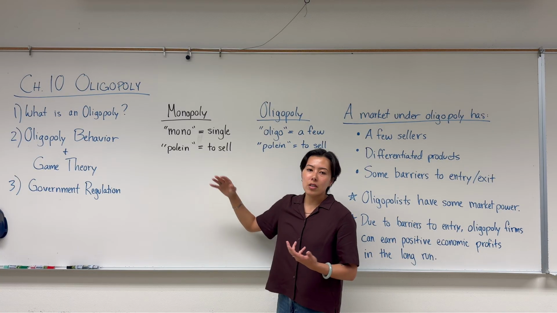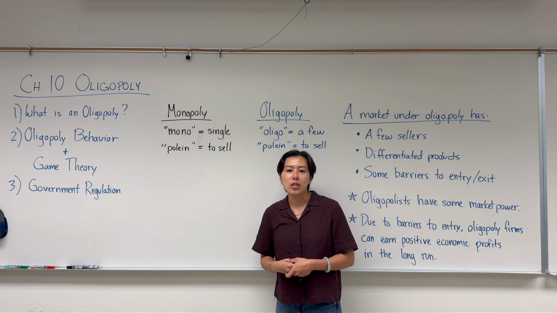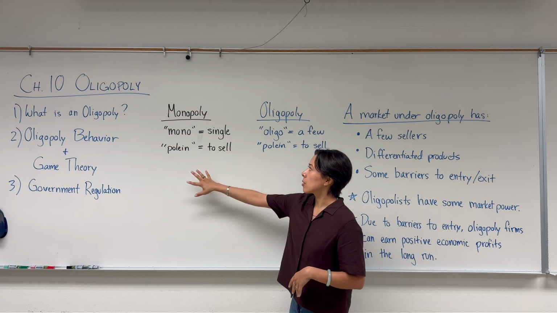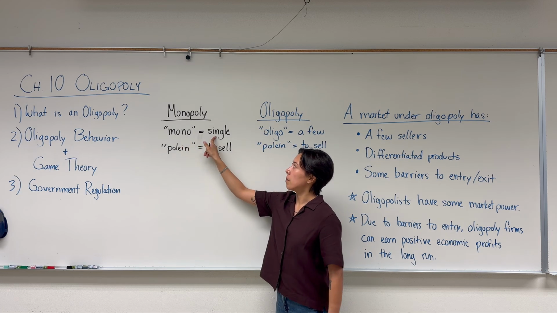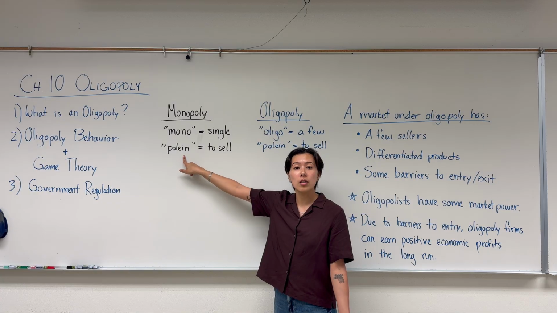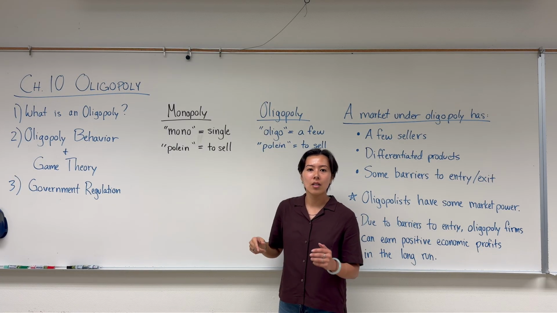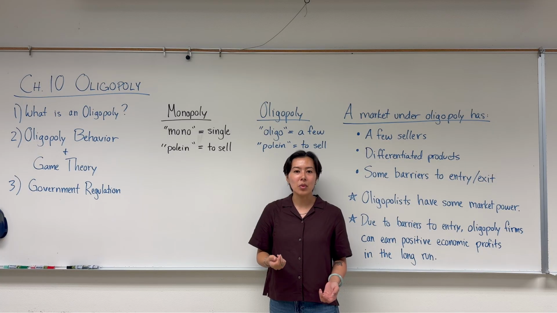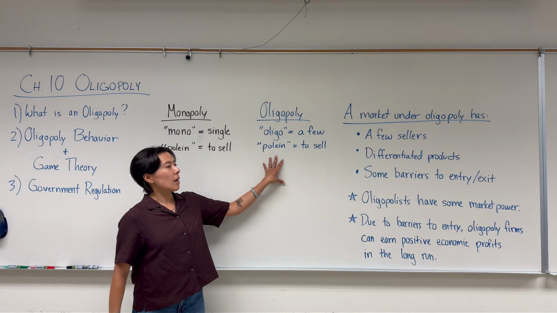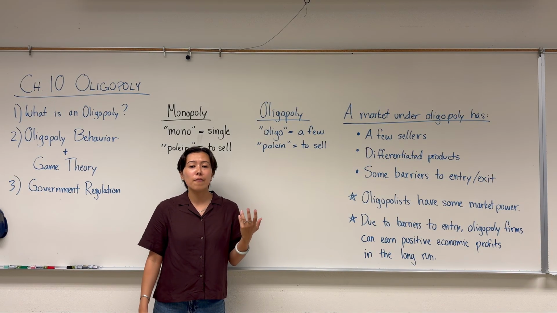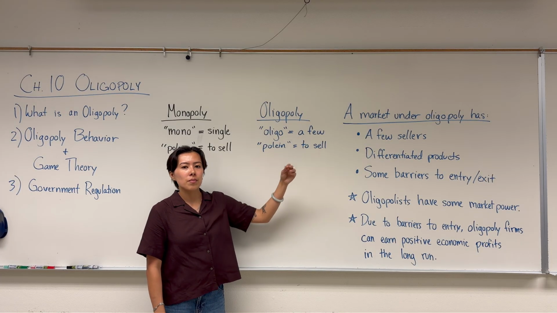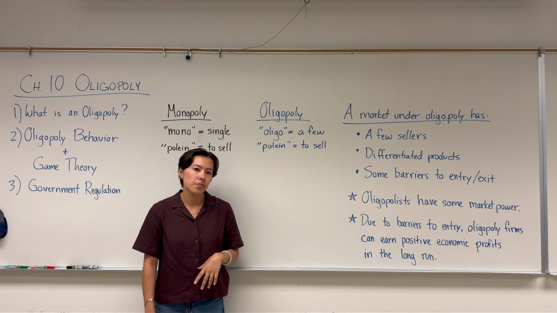As a review, we've already talked about monopoly. Monopoly is a market where we have just one seller that controls the entire market supply. And to break down this word, mono means single, and then this poly part comes from this Greek word polein, which means to sell. So monopoly just directly means that we have a single seller. Instead, what an oligopoly is, it's a market that has just a few sellers, so just a few firms. So oligo means a few, and again, polein means to sell.